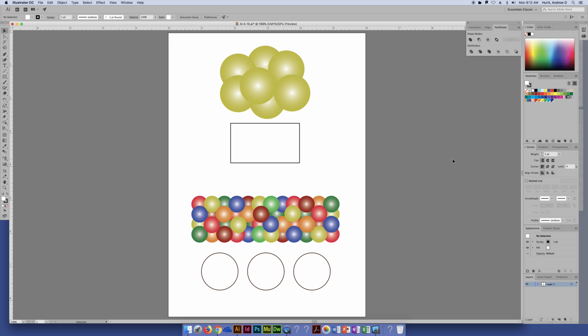So, creating and working with clipping masks in Illustrator. Basically, a clipping mask is a shape or object, path, or compound path that you use to mask out other objects in Illustrator, right? You can think about it kind of like, oh,